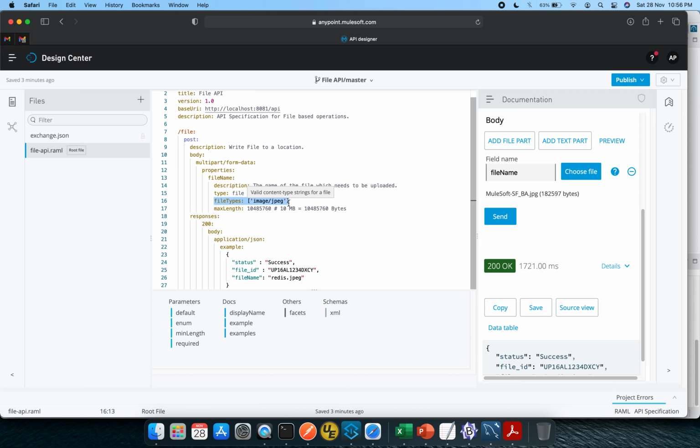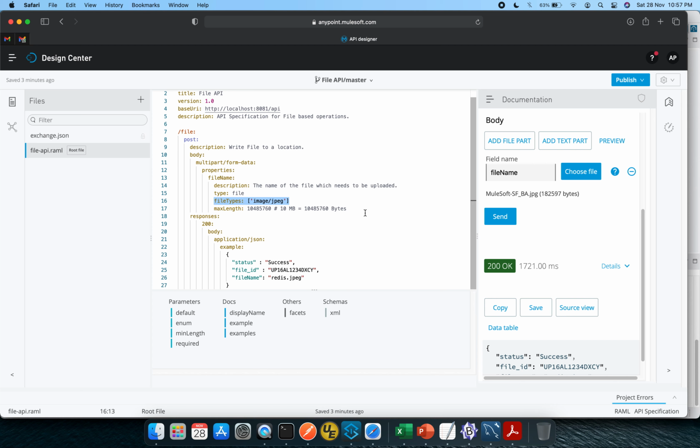Even star/star will work as a wildcard for any other format. This file type can be used to upload any file to a particular server or any other drive location as well. So how do we do that?